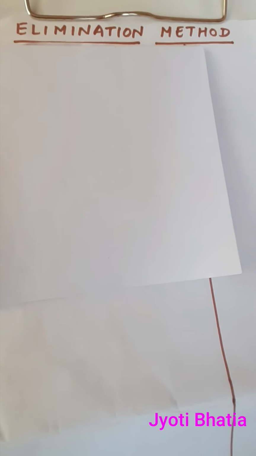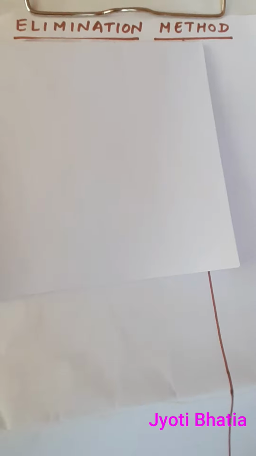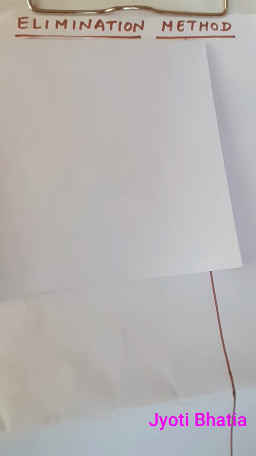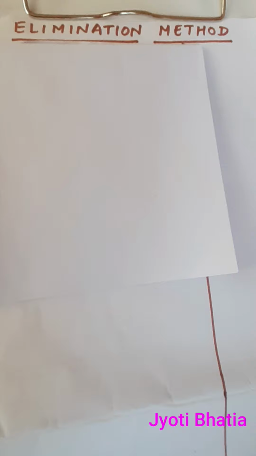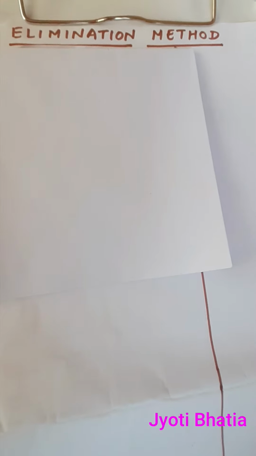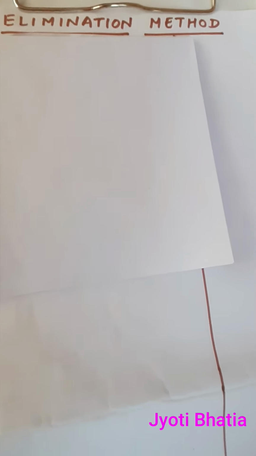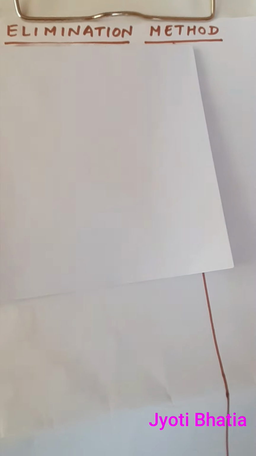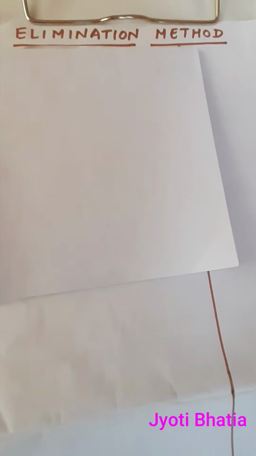Hello students, now we are going to take up the next method to solve a pair of linear equations, which is the elimination method. If you look for the word elimination in the dictionary, you know the meaning of elimination? To eliminate something, to remove something, right? In your TV reality shows also you can see that there is a round called the elimination round. And I hope it's clear to all of you what happens in the elimination round. One of the participants is removed, right?